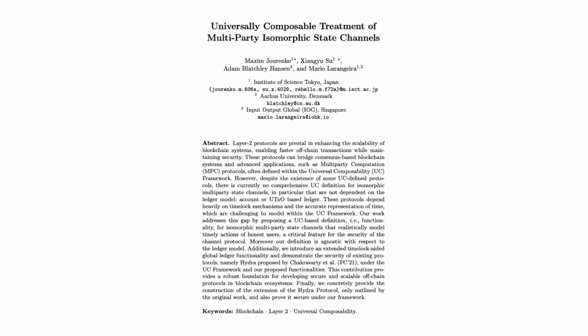Modeling this precise timing correctly within UC has always been, well, tricky, like building a perfect clock into a distributed system. And this brings us neatly to the paper's second major technical contribution, a novel and much more realistic way to model time inside the UC framework. First, they introduce a global ticker functionality, G-ticker. Think of it as a universal stopwatch that everyone in the system agrees on, explicitly tracking time's progression.